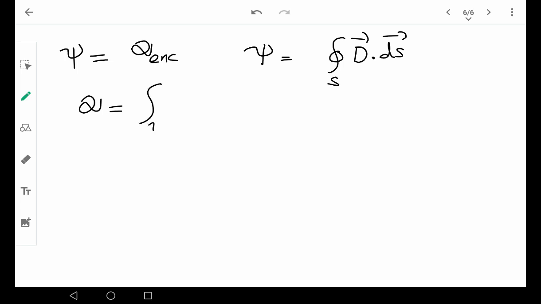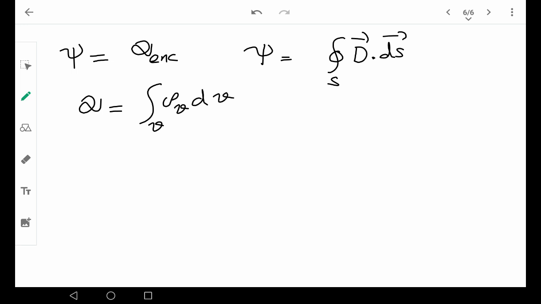So psi equal to the integral over S of D dot dS, isn't it? Psi equal to integral D dot dS. And also you know Q equal to the integral over a volume of rho v